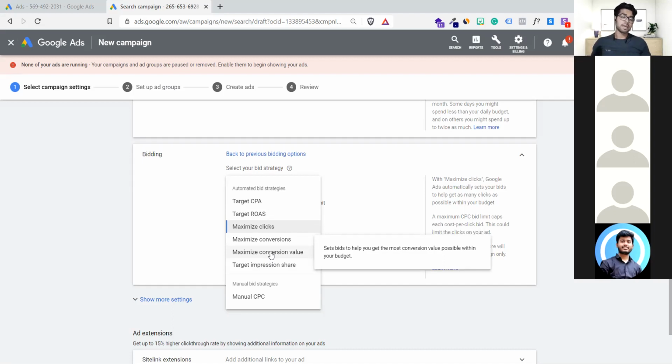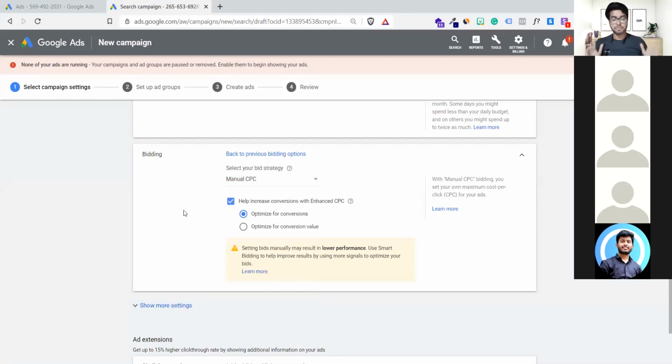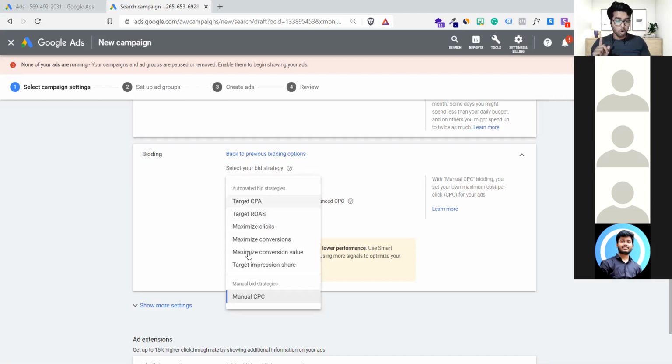We'll do a separate exercise on when we must use automated bid strategies and manual bid strategies. Now we have manual CPC as well. If you don't want maximize clicks, don't want maximum conversions, don't want target impression share, click here, manual CPC, simple. The thing is, see the above six options, these are the types of bidding strategies here. All these strategies are automated. It is AI based, Google's artificial intelligence based automation approach. But this is a manual bid strategy.